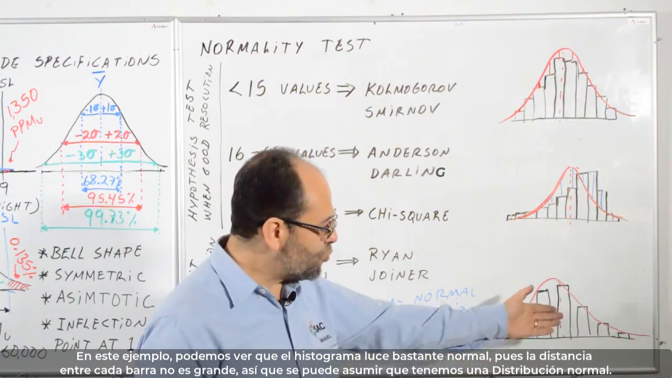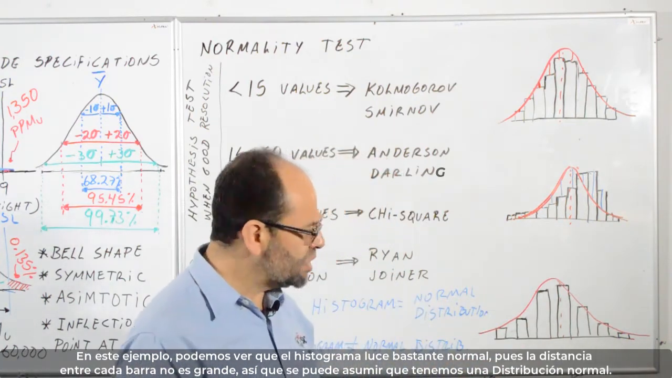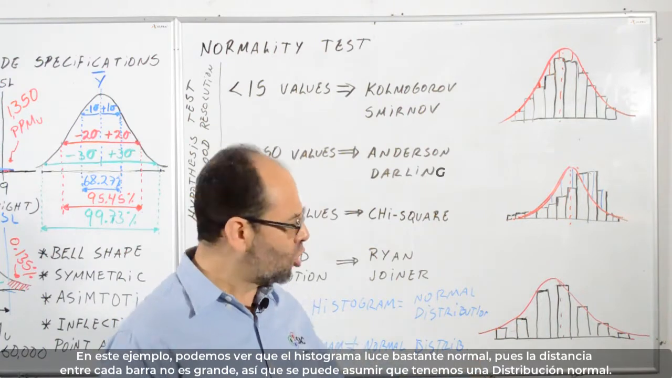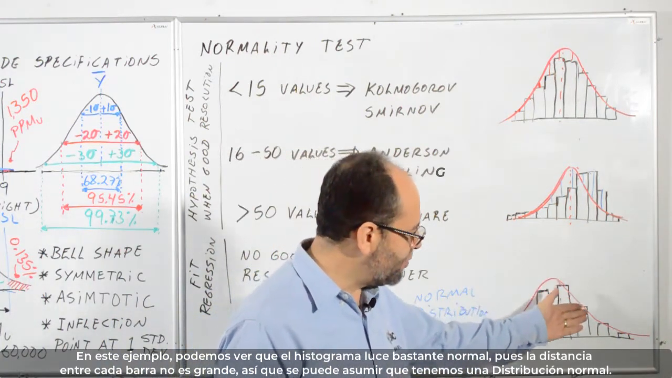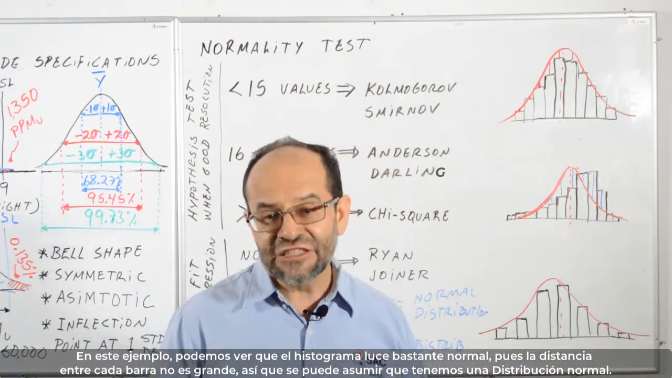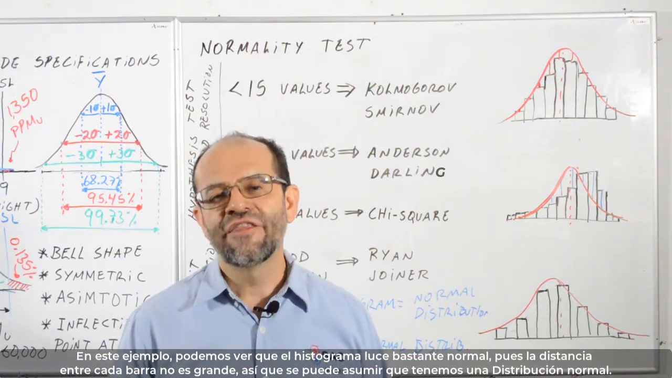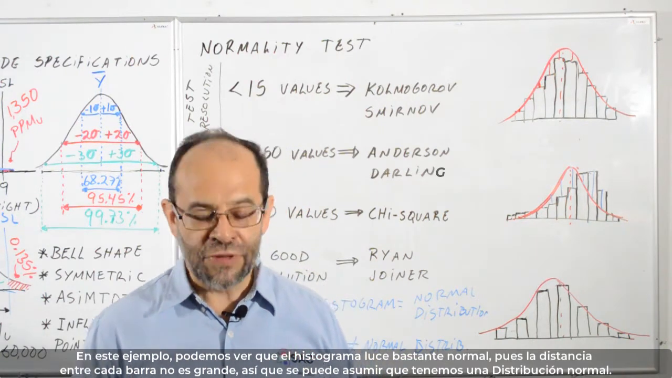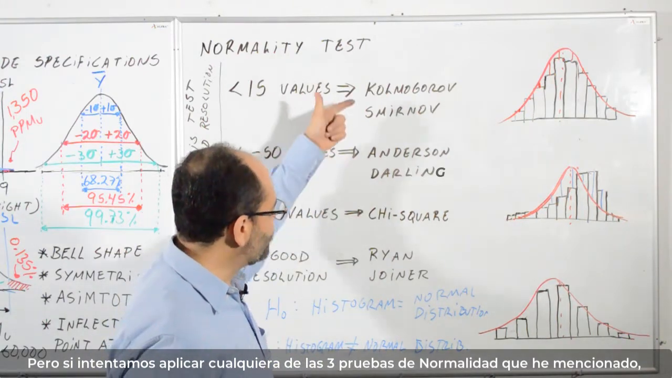As we can see here for this example, apparently it's pretty normal. It looks normal because the distance of each of the bars to the normal distribution is not big. So you should assume that you are having a normal distribution. But if you try to apply any of those three tests,